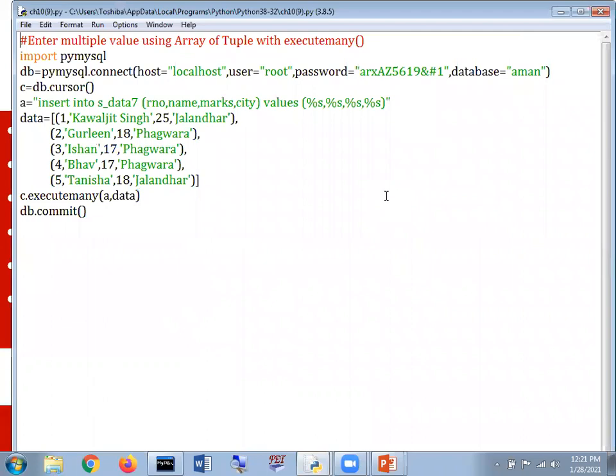The important thing: till date, in this revision session, we have already discussed execute and commit. But here is one important thing I am going to mention. Kindly concentrate. We are also going to mention execute many. It's my humble request: this is not a part of your syllabus, but I will tell you that we can also use execute many if we are going to do the same. The rest of the content will be the same.